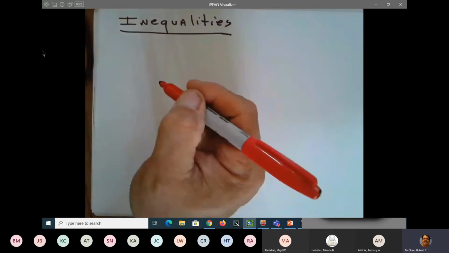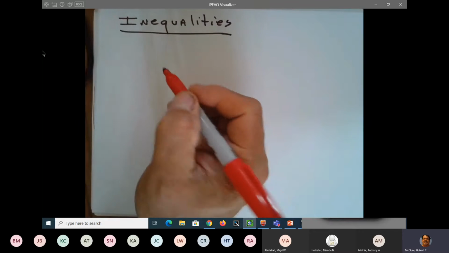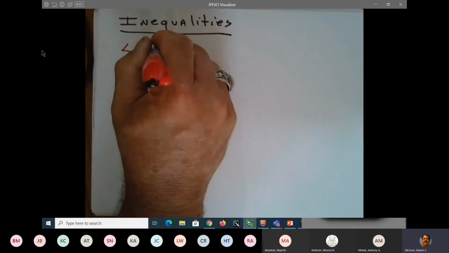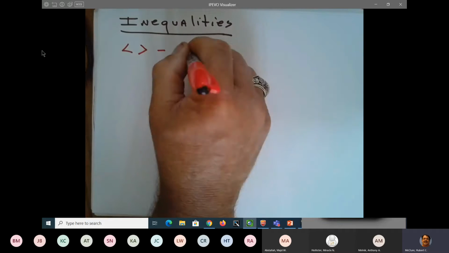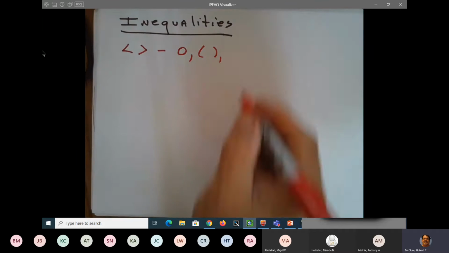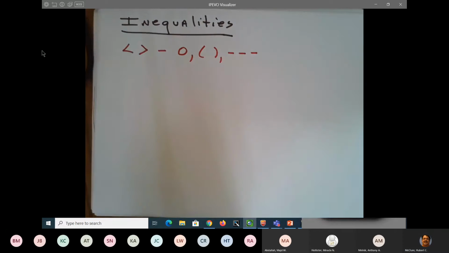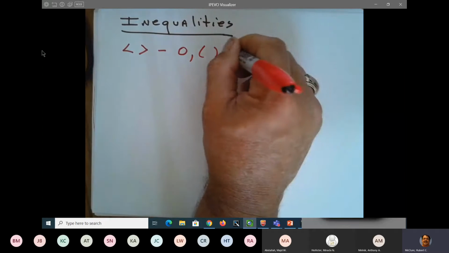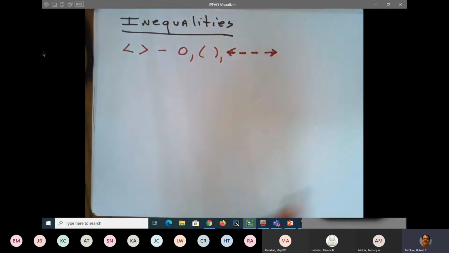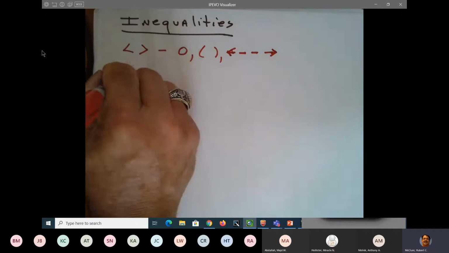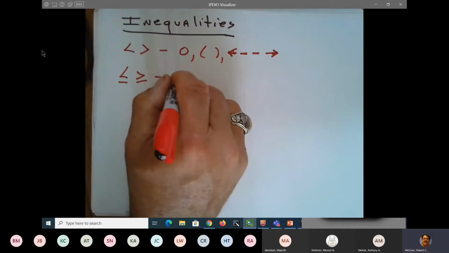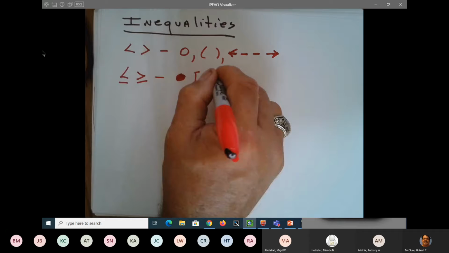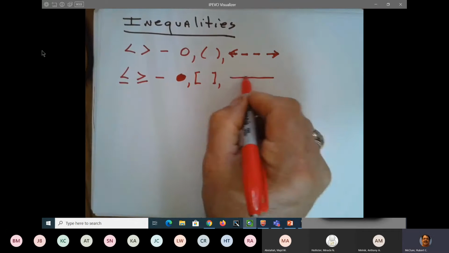I've already shown you this when we went over interval notation and set builder notation, but I'm going to show it to you again. When you have these two guys, you're going to be using open circles. You're going to be using parentheses, and you're going to be using dashed lines. I'll put one more and put an arrowhead there and an arrowhead there, meaning that's a line. Okay, when you're using these two guys, you're going to be using a closed circle. You're going to be using brackets. And you're going to be using a dark, thick line